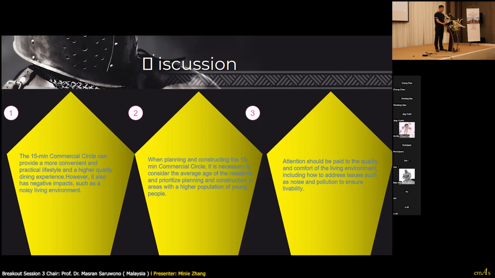However, in areas where older people account for a large proportion, it may be appropriate to reduce the construction of commercial circles, which will affect the normal life and green life of older people. We hope that our research conclusions will provide reference for future urban planning.